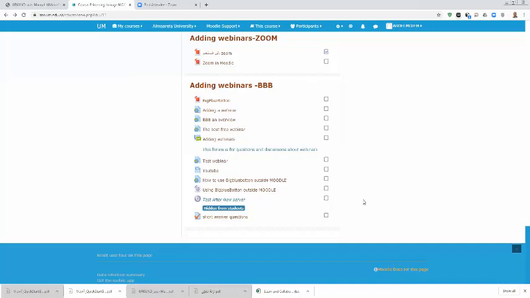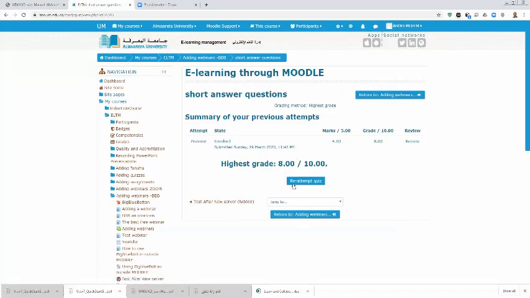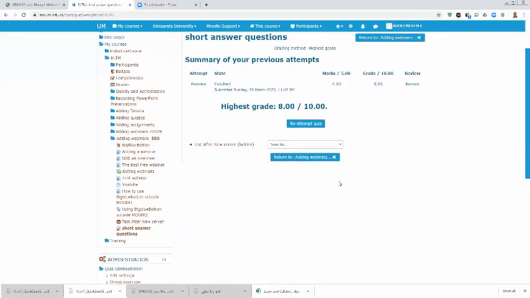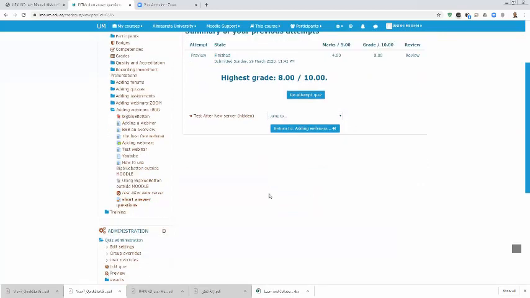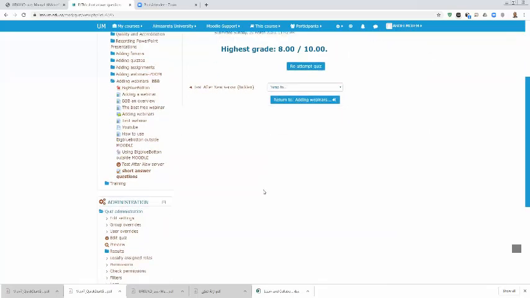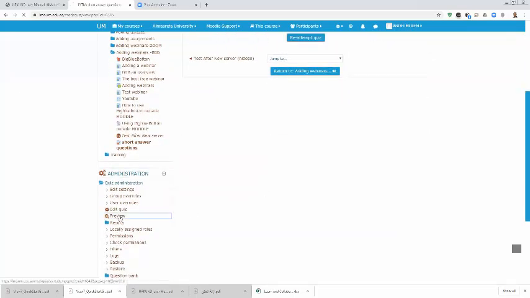So for filling the spaces, we use closed or embedded questions. That quiz has two questions. One is a simple short answer question, and the second is the fill the gap type. If I can preview this quiz,